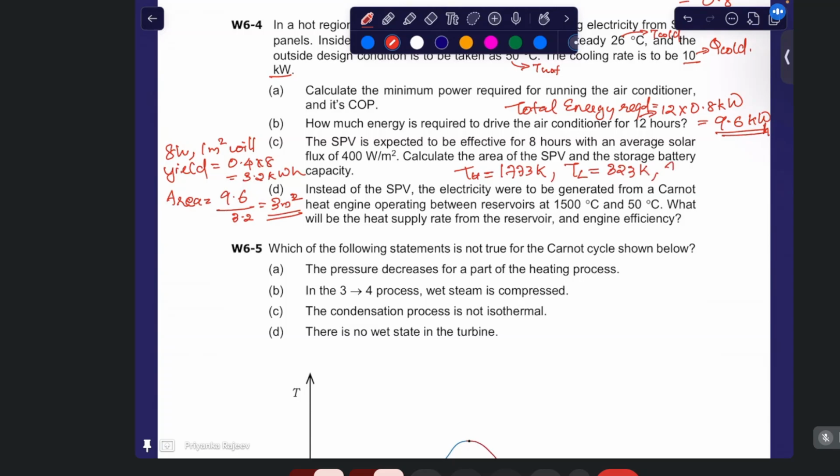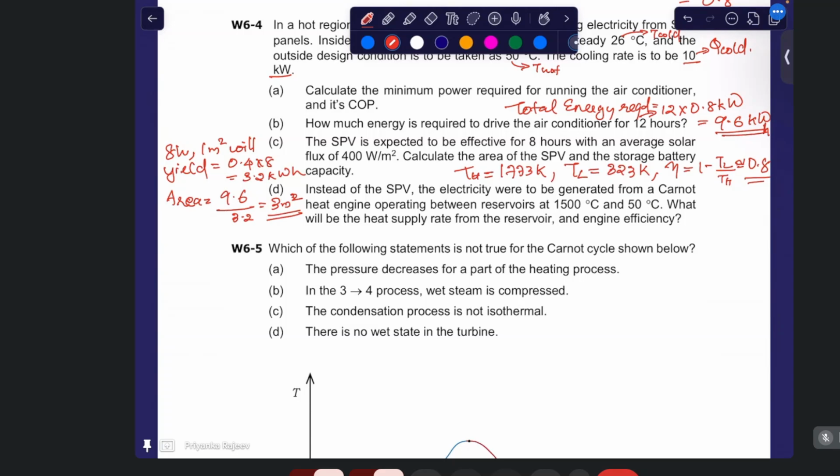Now eta we can find it: 1 minus TL by TH equals almost 1 minus 323 by 1773. So 1 minus 2 by 10. 2 by 10 is 0.2, 1 minus 0.2 is 0.8. It will be coming approximately. So that value, if you take,